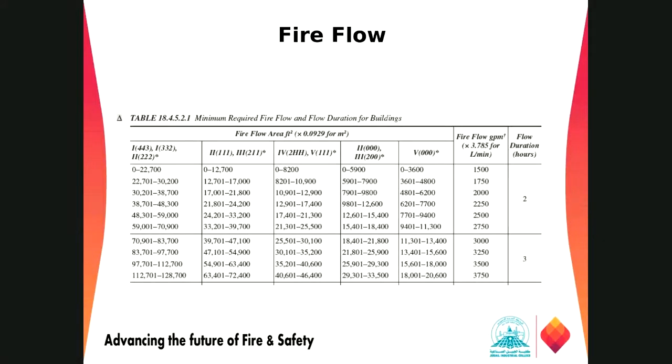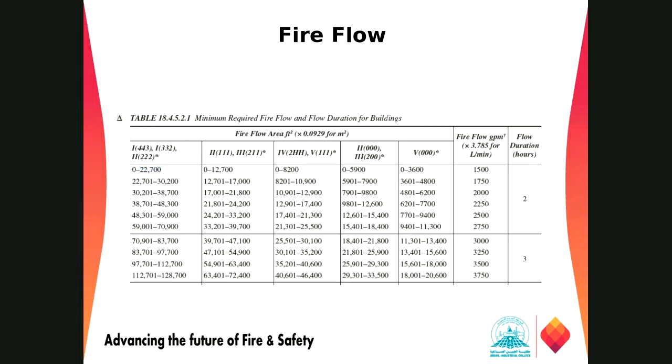Remember we discussed in the building construction or the life safety code what the construction types are and what the combustibility of each is: type 1, type 2, type 3, 4 and 5. Type 1 is the most resistive and non-combustible material. Type 5 is the combustible materials. So based on those requirements, here we have the fire flow requirement from the hydrant for fighting the fire.